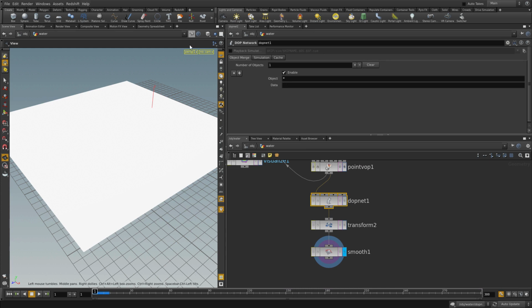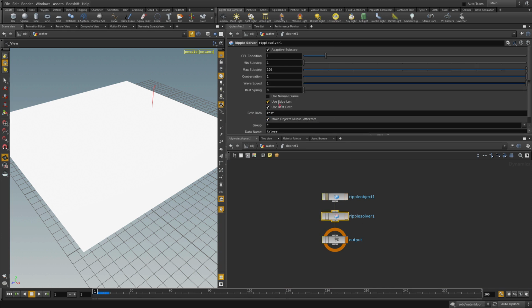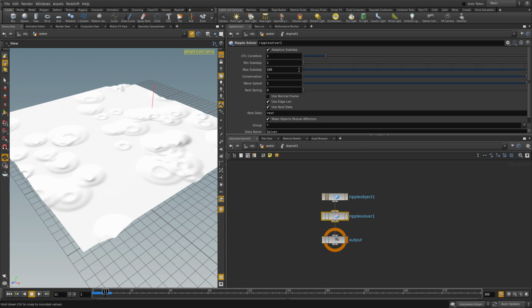And let's quickly pin this view here to stick to this view, although we are inside of the network. Go to the ripple solver. And the most important parameters here are conservation and wave speed. Conservation is just the conservation of energy. At the moment, this conservation is set to 1. That means no energy is leaving the system, and that's why we're getting so many waves. So if we go down to 0.3, say,